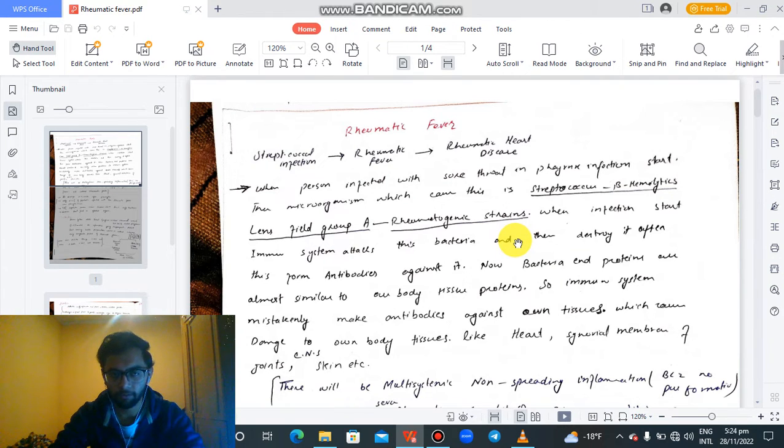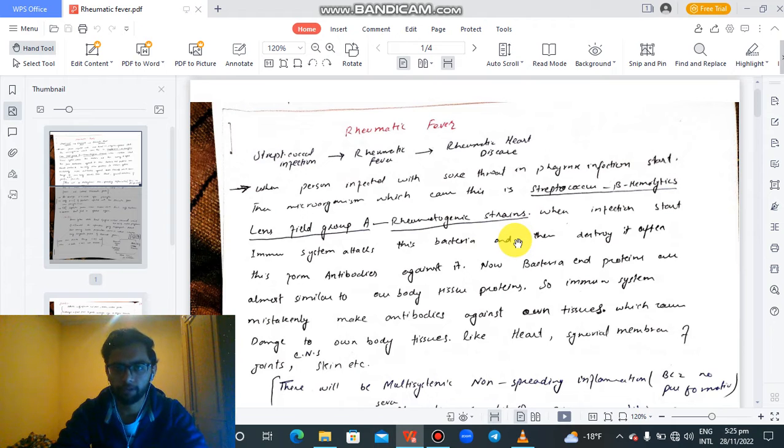But after a few days, some immune reaction occurs in our body which causes production of antibodies against our own antigens. So the problem is that the streptococcal infection initiates an immune response which makes antibodies that mismatch with our own antigens, and so our immune system makes antibodies against our own tissues. This mismatched reaction, or autoimmune disorder reaction, causes damage to our own body organs, which causes rheumatic fever. And the most further complication occurs in the heart, which is rheumatic heart disease.